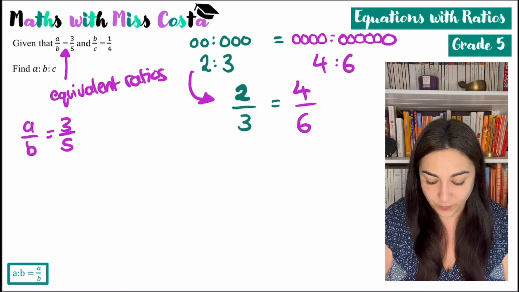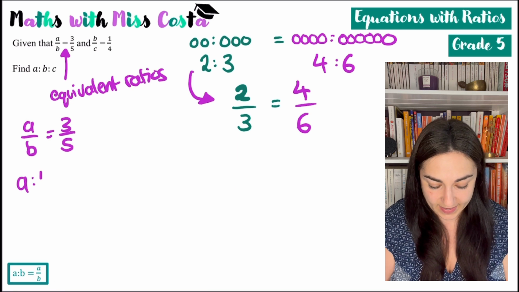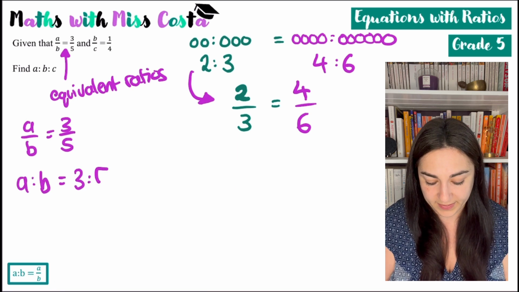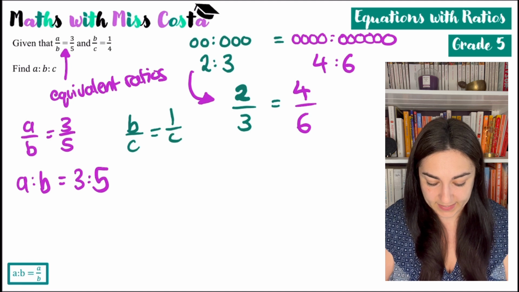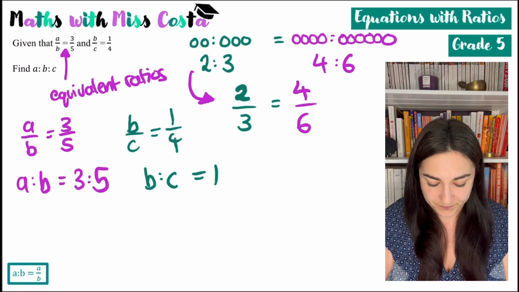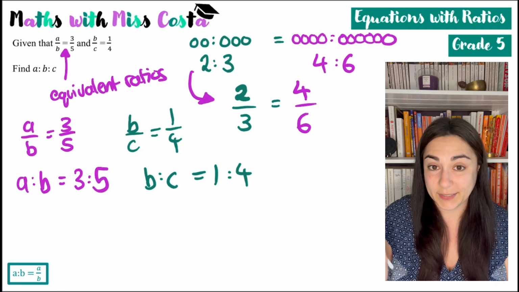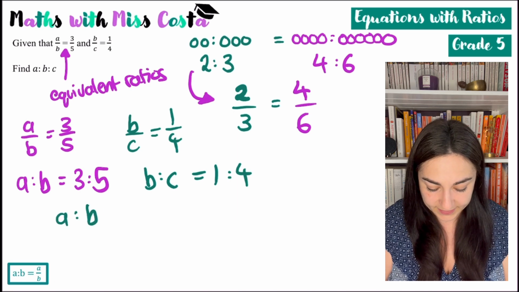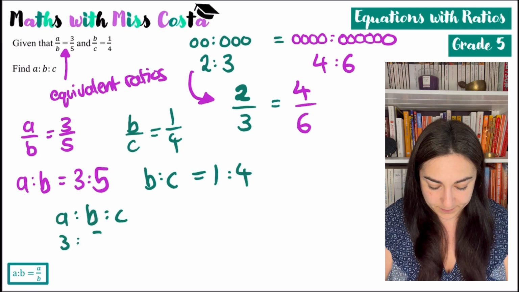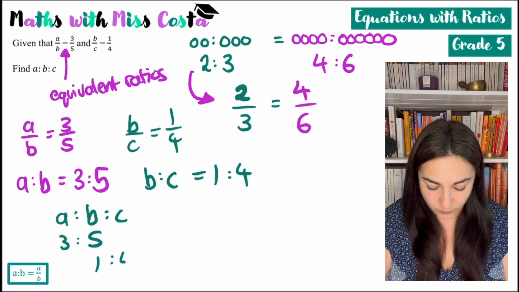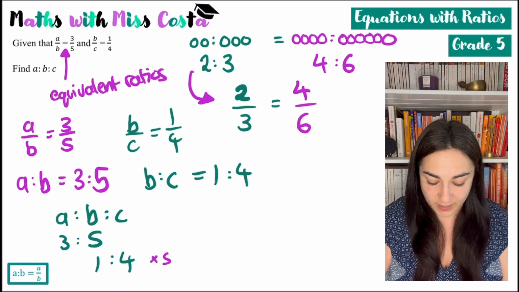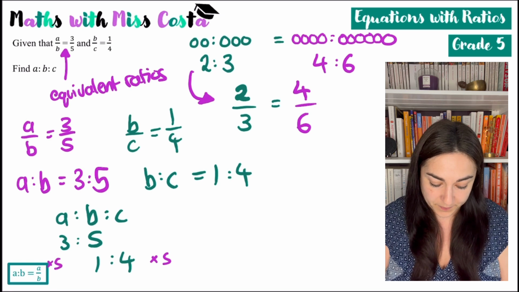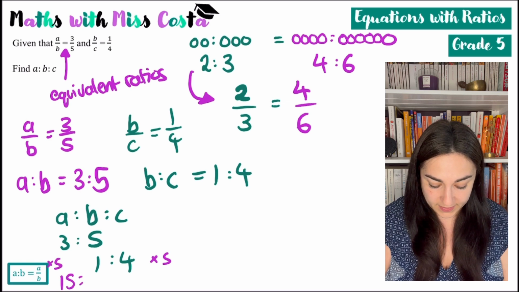I could either write the ratio a to b is equal to 3 to 5, and therefore the ratio b over c, which is 1/4, so the ratio b to c is 1 to 4. So I could do that. So if we followed this train, I know that a to b is 3 to 5 and b to c is 1 to 4. I turn it into equivalent ratios by finding the lowest common multiple, which would be 5. So that would become 15